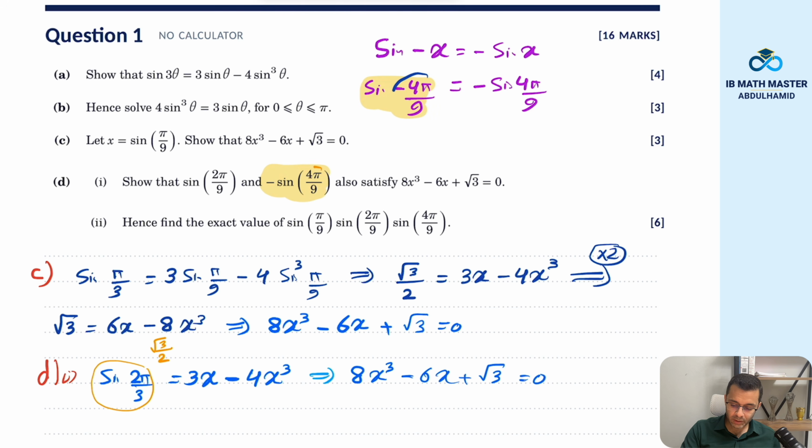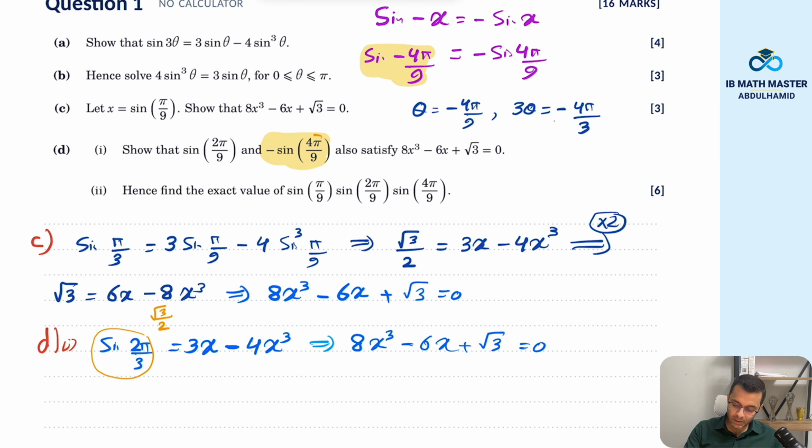So theta here will be negative 4 pi over 9. If you multiply by 3, 3 theta will be negative 12 pi over 9, or negative 4 pi over 3. Now, if you replace it here in the same way as we did in the previous two examples, we'll get